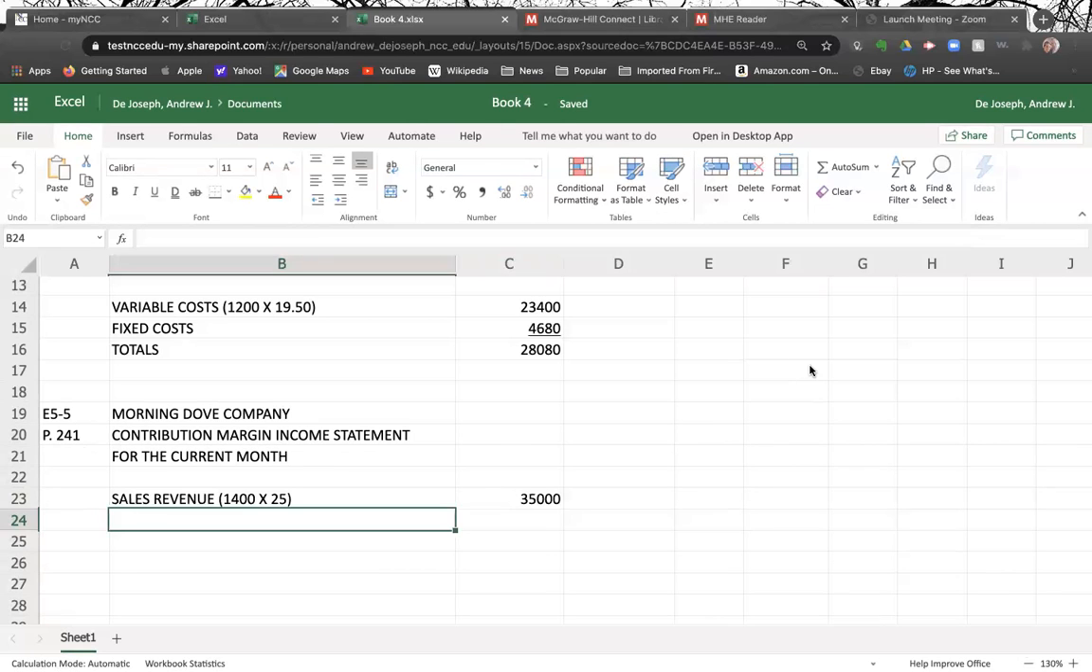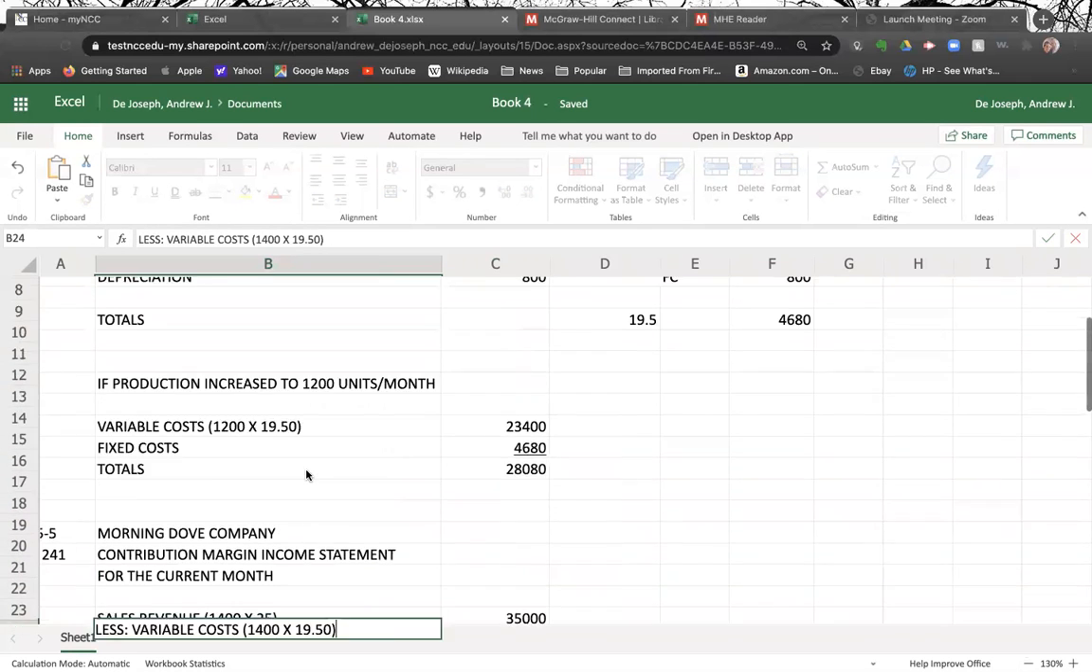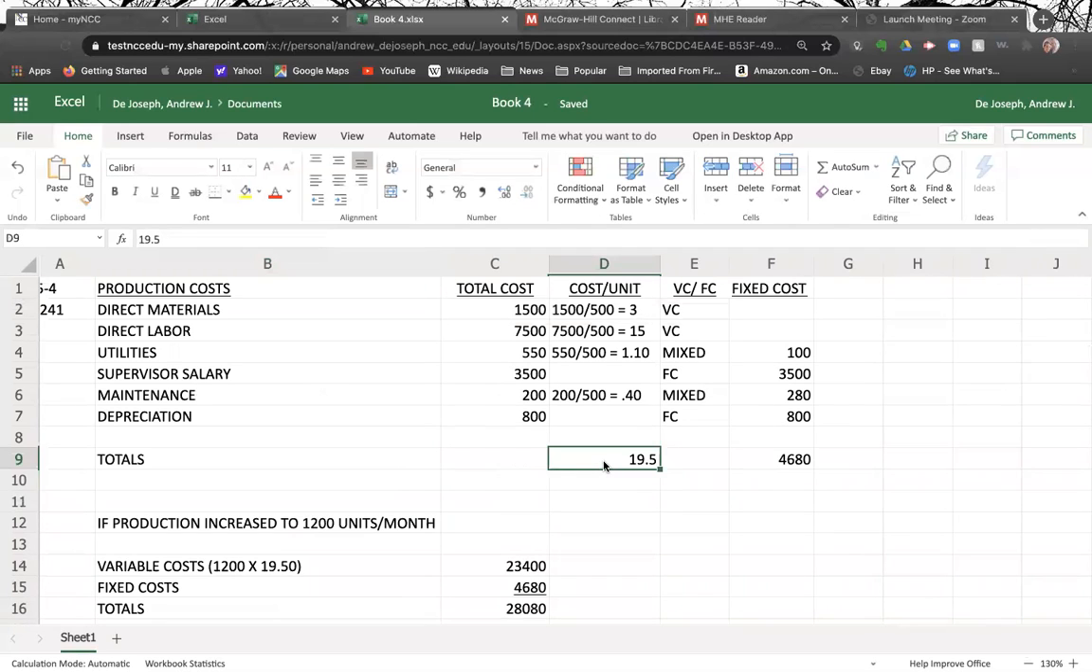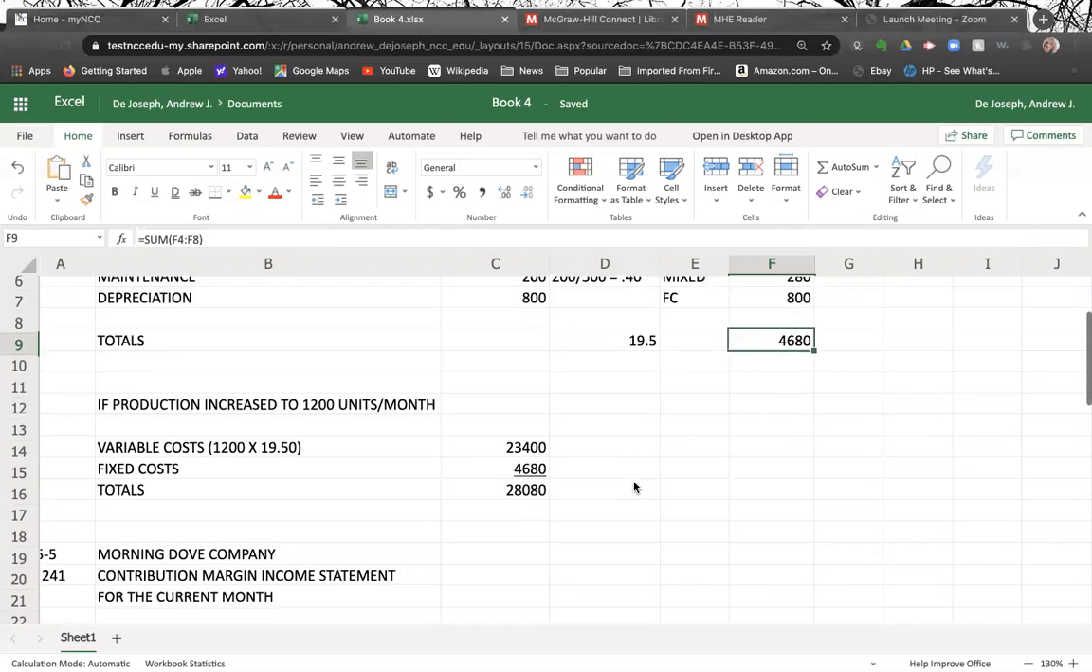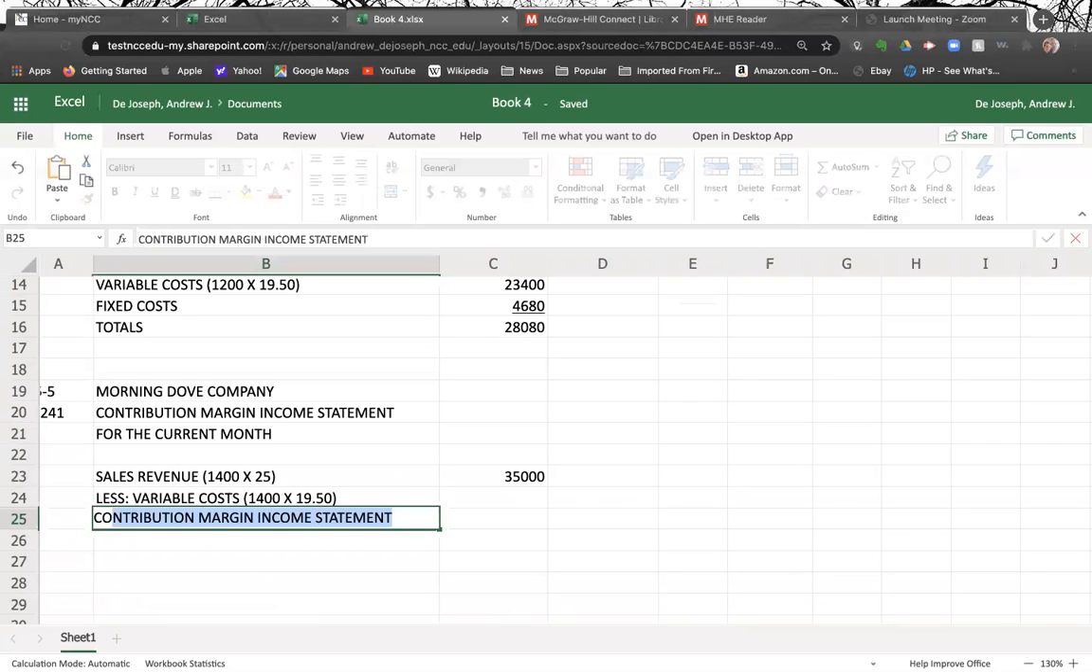We're going to take sales revenue less variable costs, right? And what do we know about the variable costs? They were $19.50 a unit, weren't they? Right? Go back to the last thing we did up here. The variable costs were $19.50. The fixed costs were $4,680. Right? And then that'll give you contribution